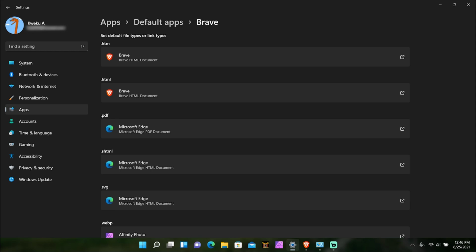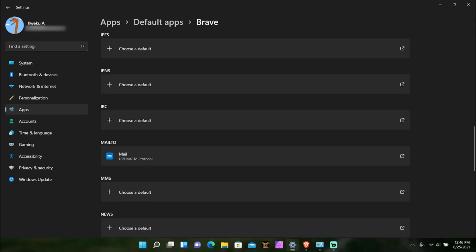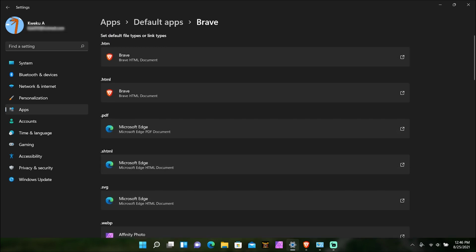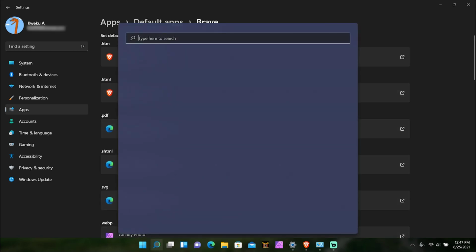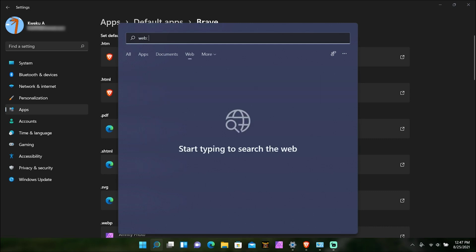So I see where the whole default apps problem comes from, and I sincerely hope that Microsoft is planning on fixing this, because this is pretty bad. There's a lot of different file types here, and apparently this doesn't even include when you switch all of these things over to Brave. This doesn't even include when you use Windows search and start typing in things and search the web with it, because by default apparently this goes to